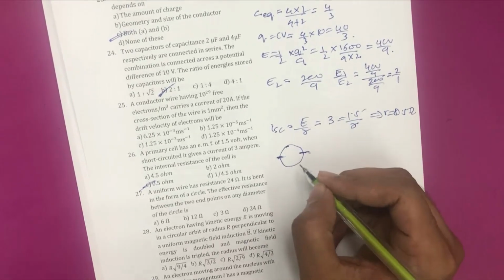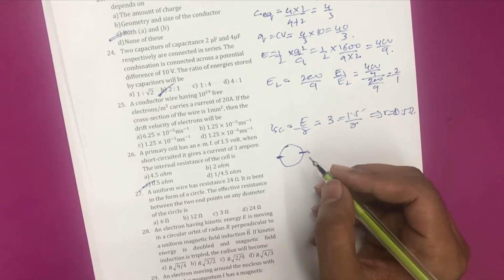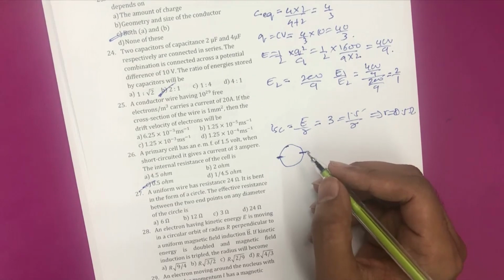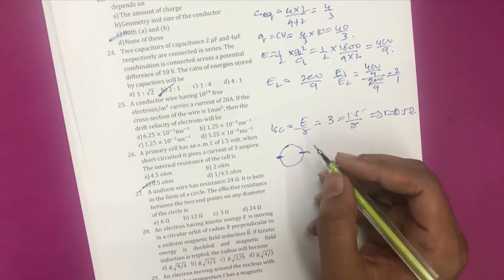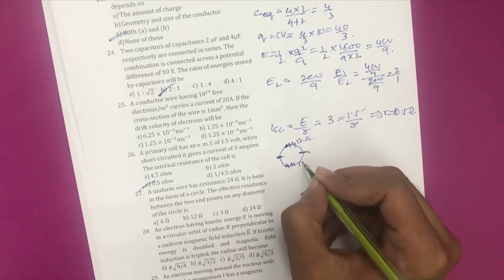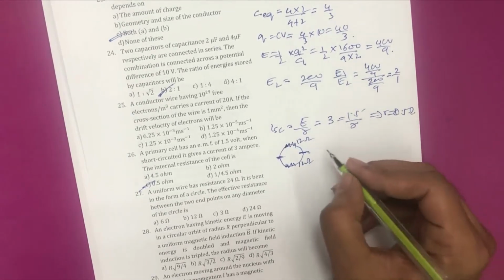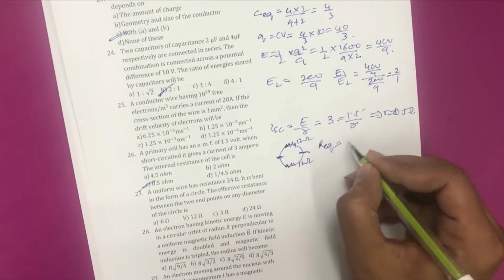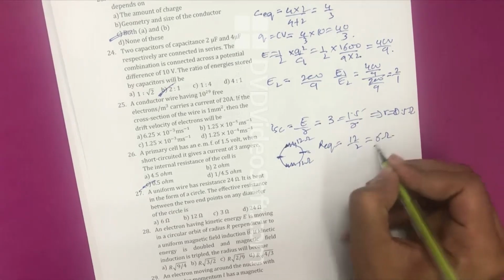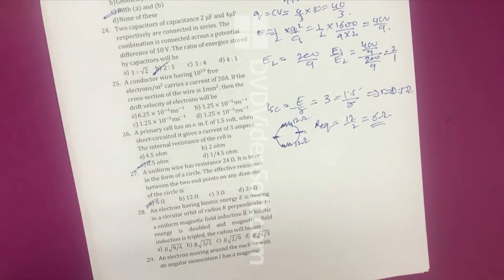So the entire wire had a resistance of 24 ohm. When the wire is bent in the form of a circle, the resistance will divide the wire in two equal parts at opposite points in parallel. So this will basically be the resistor here of 12 ohm and a resistor here of 12 ohm. So now both the resistors of 12 ohm are in parallel. So the equivalent resistance will be 12 by 2, which will be 6 ohm. So the correct answer here would be option A, 6 ohm.